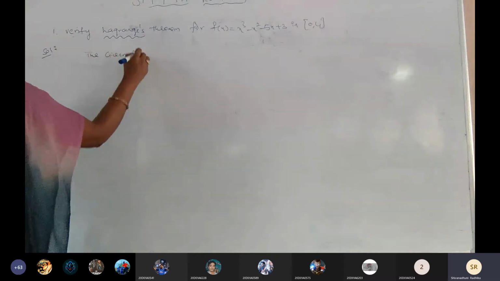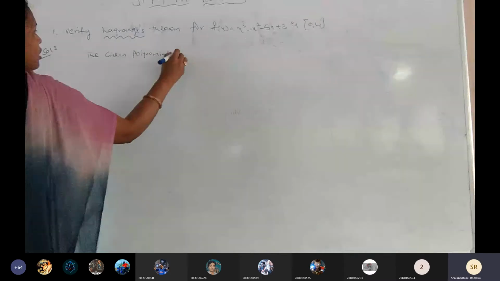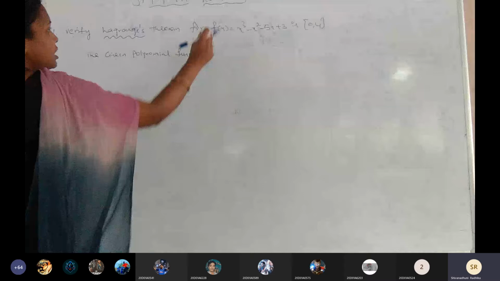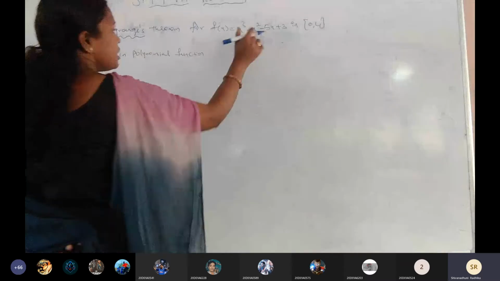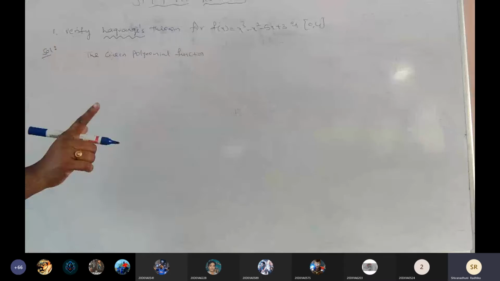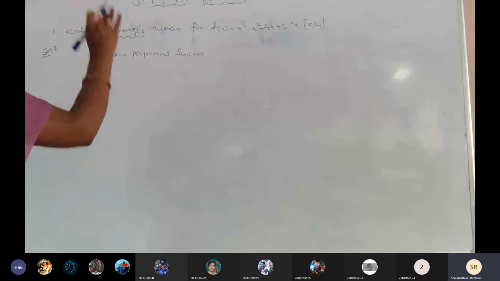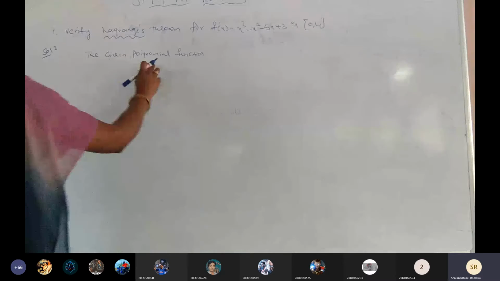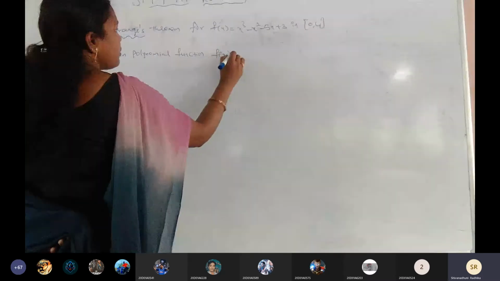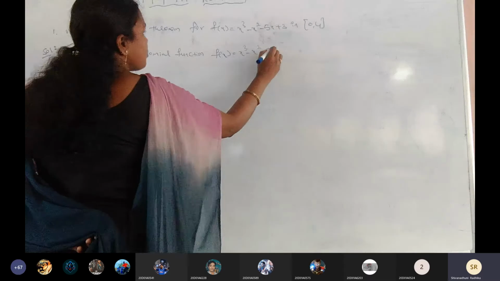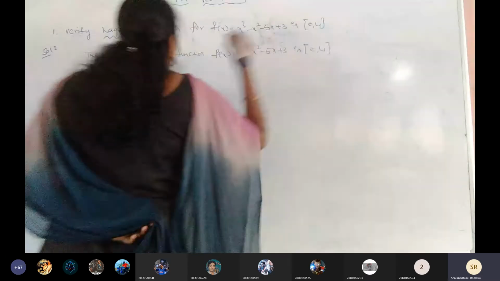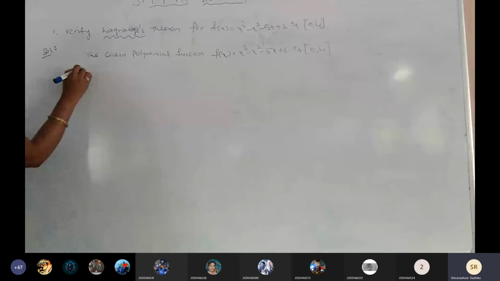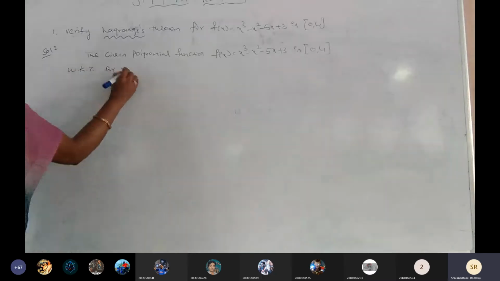Now the given function is a polynomial function, consisting of no other special functions, and clearly having only one x variable. That is completely a polynomial function of x. The polynomial function f of x equals x cube minus x square minus 5x plus 3 is defined in the closed interval 0, 4. Then we know that by Lagrange's theorem,